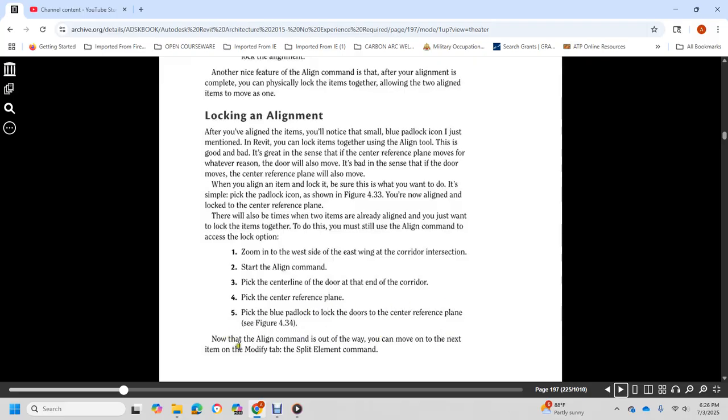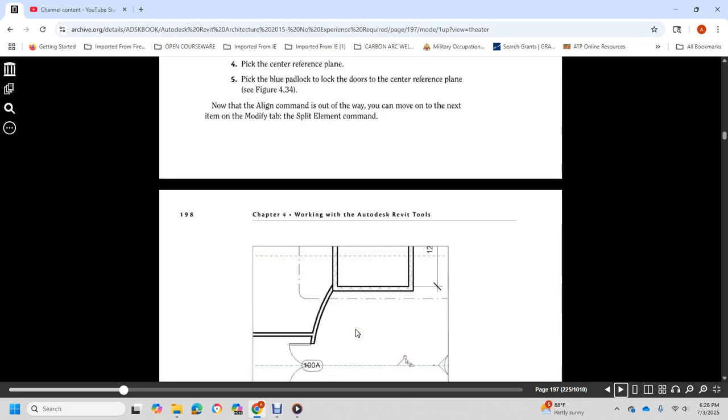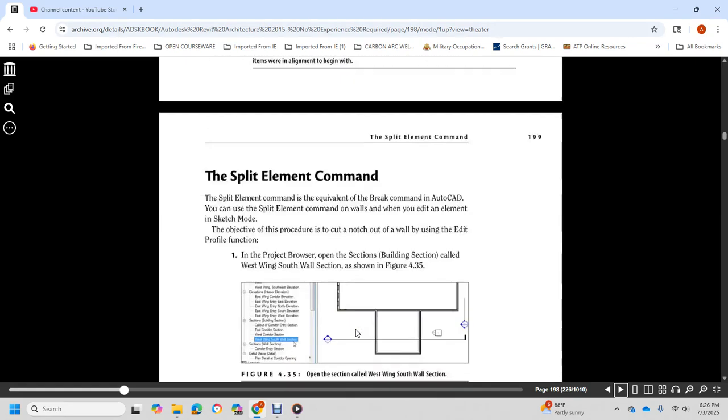You can move on to the next item with the Modify tab and the Split Element command. Alright, the Split Element command. The Split Element command is equivalent to the Break command in AutoCAD. Split Element command walls of the edit element sketch from over the object with the procedure of the cut and